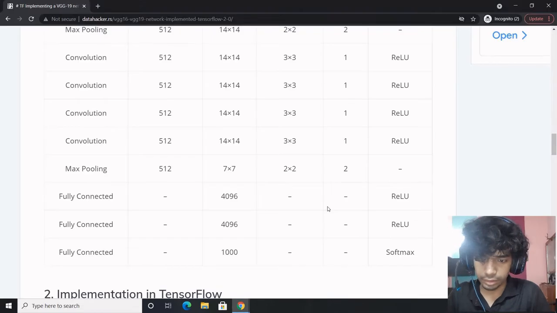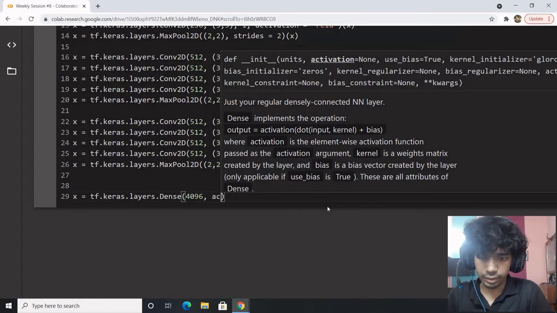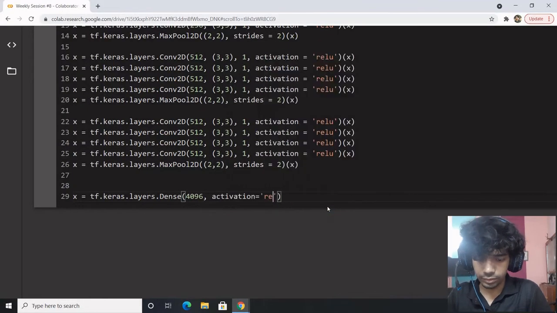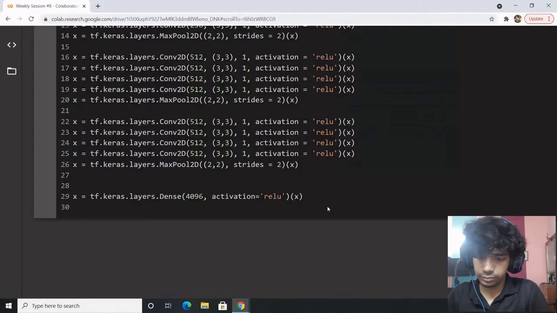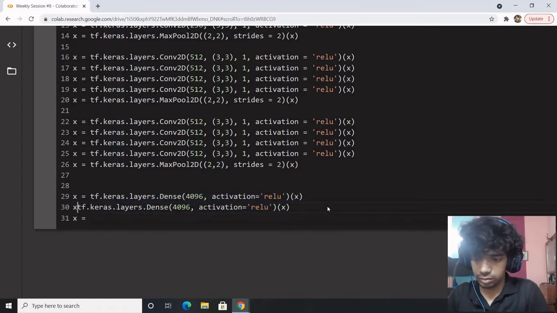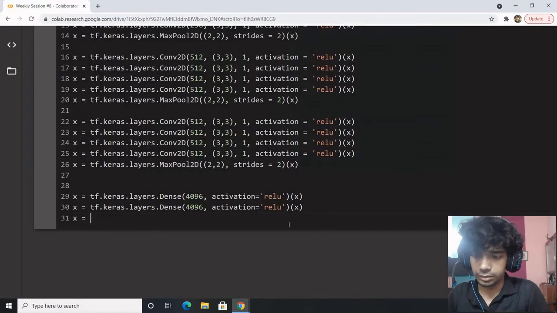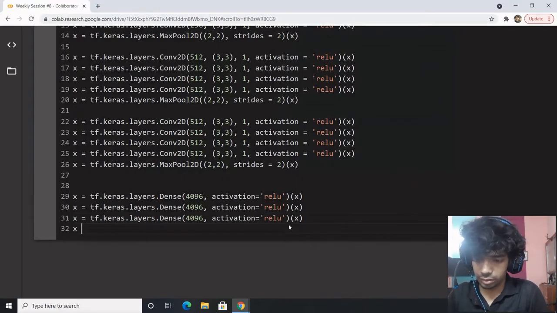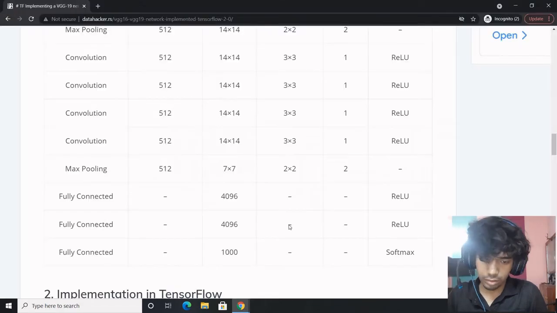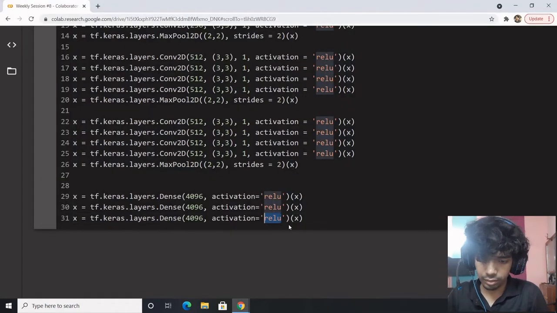Let's see how it goes. And what we have, activation equals relu. Final layer would be the 1000 classes of ImageNet, with softmax.